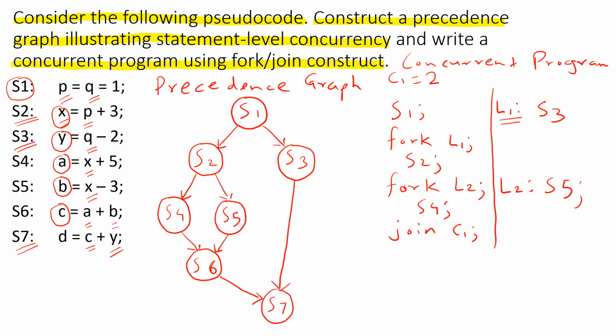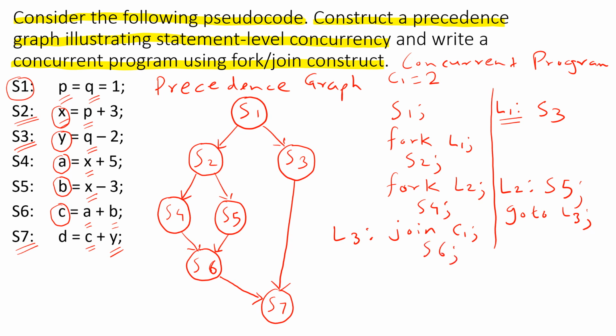The existing thread will execute join c1. The newly created thread can also come to the same statement, join c1. So both threads will execute join c1. Now the interesting property of join is that one of the threads will survive, and the remaining threads would be destroyed. So there are two threads executing join c1. One thread will survive, the other thread would be destroyed, because of the property of join. Then we have only one thread remaining, which is either the current thread or the thread which executed statement 5. It all depends upon the order in which they execute the join statement, but only one thread will continue further, which